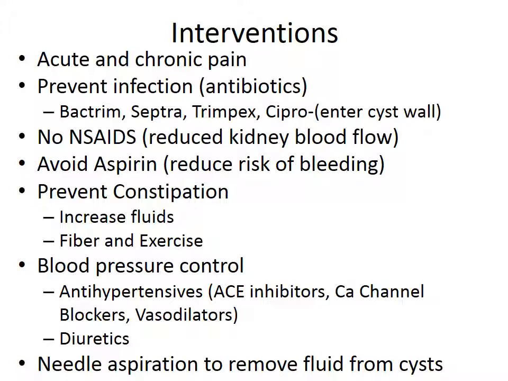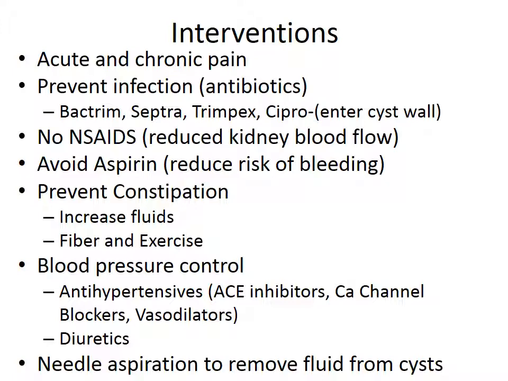Interventions. You want to manage acute and chronic pain, prevent infection by giving antibiotics such as Bactrim, Septra, Trimprex, or Cipro. These enter the cyst wall and allow for antibiotic therapy to be effective. It is not appropriate to give non-steroidal anti-inflammatory drugs to these patients as they reduce kidney blood flow. You want to avoid aspirin in these patients to reduce their risk of bleeding,